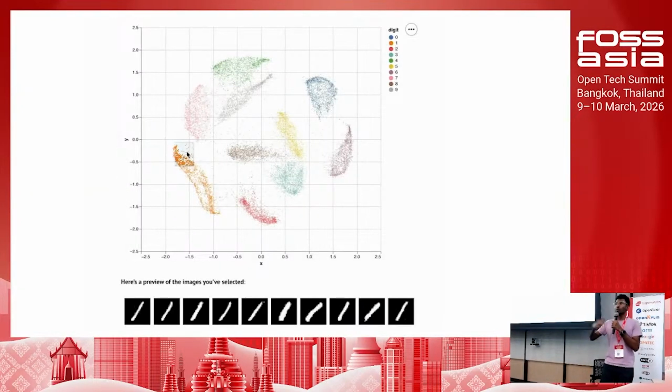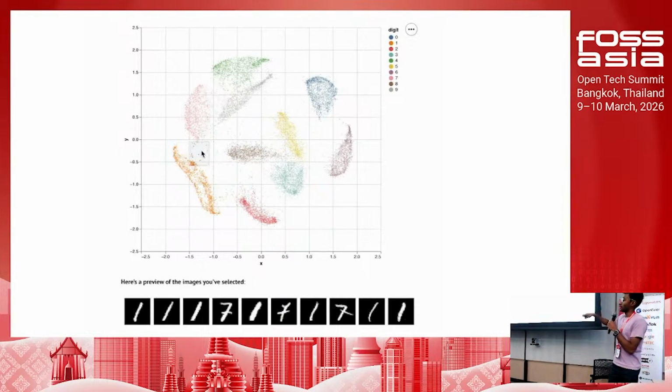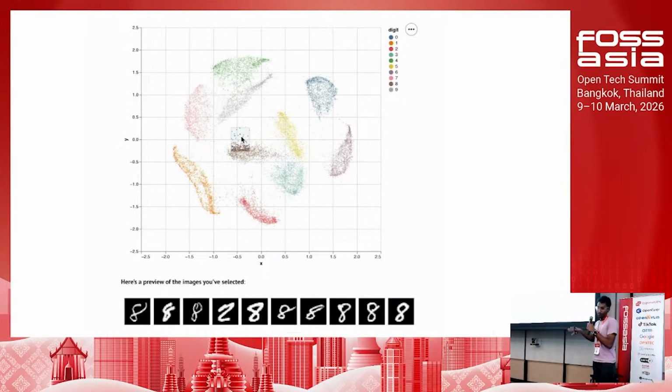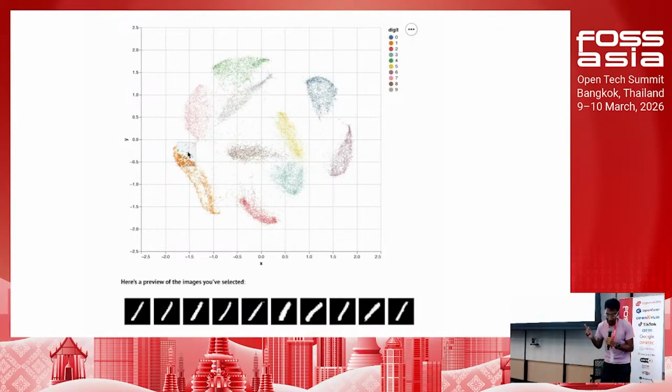Then taking this to a more complex application, there are 2 cells here. One is a chart cell, and another one displays the values of the selection. So the chart is actually showing a diagram of handwritten digits. So if you notice, the orange color is the number 1. So they are all grouped together.